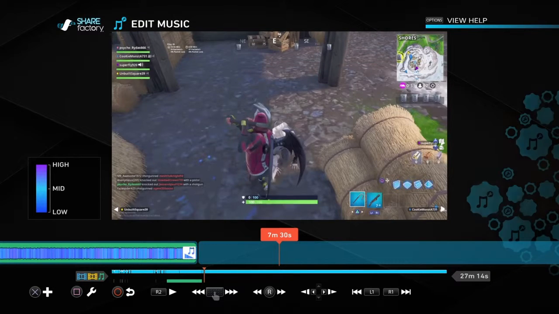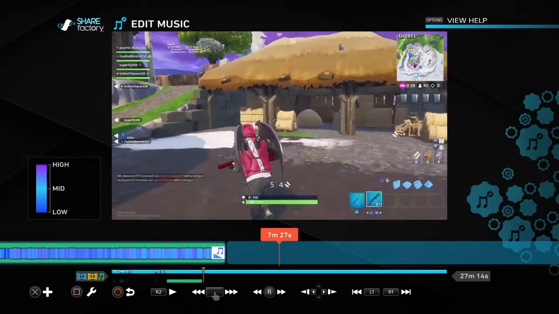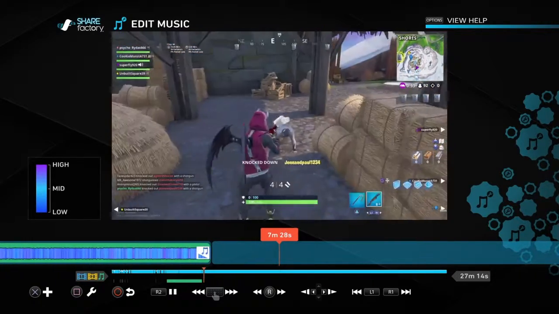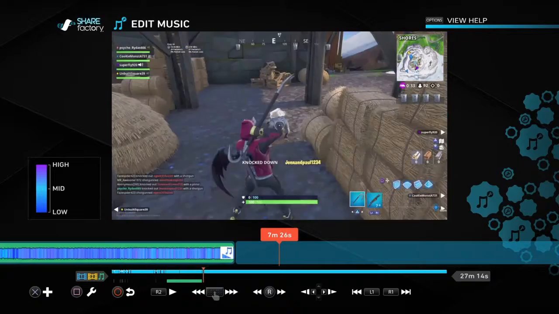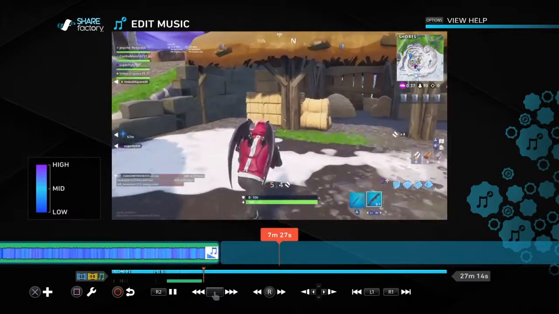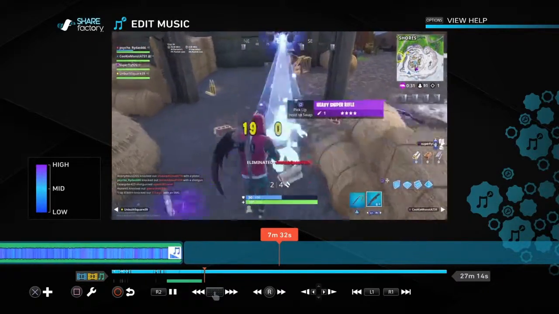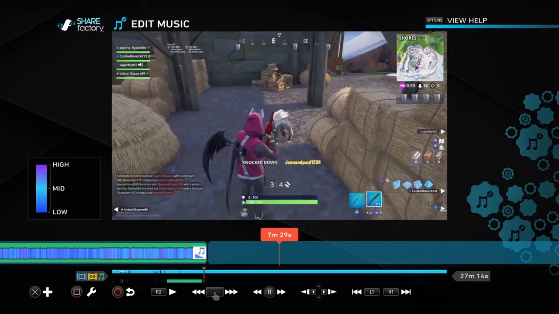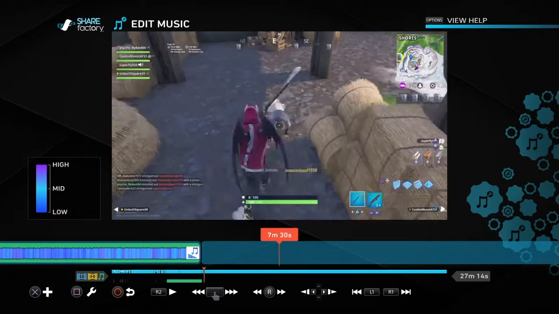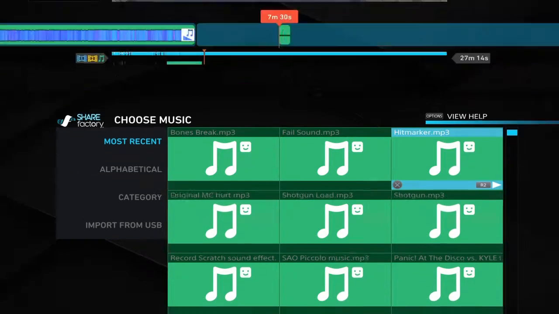Now, I want to use that. Oh, wait, I just remembered I can use a record scratch for something. I'm going to use that about here, because I pick up the gun. Walk over here. Oh, no! My game lagged and it cut it out. Definitely something wrong with him. Yeah, it cut automatically. But, yeah. So, I would get to the point where I hit him. I'm actually going to add a hit marker right there.